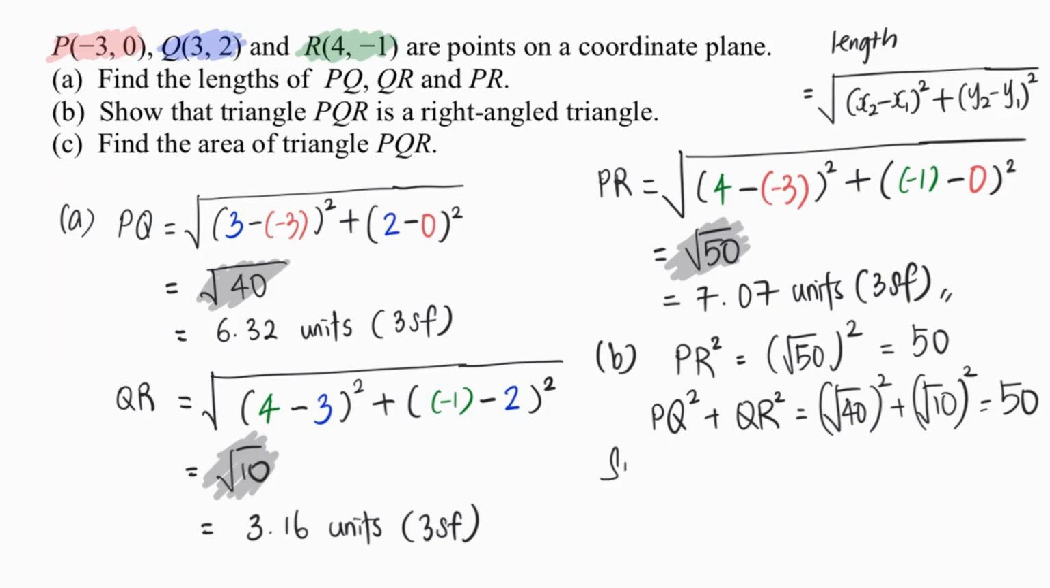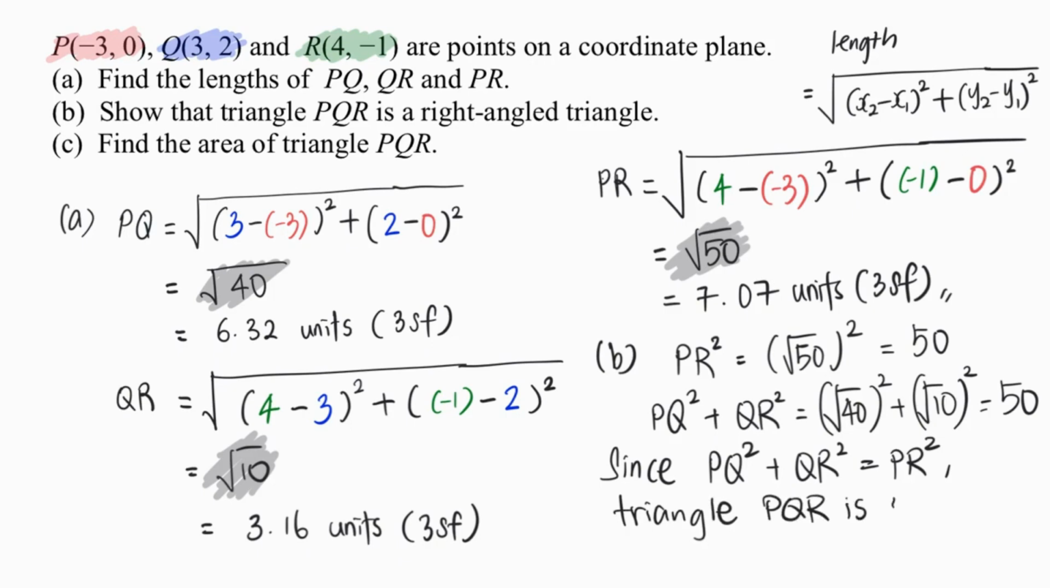And since PQ square plus QR square is equals to PR square, by the converse of Pythagoras theorem, triangle PQR is a right angle triangle. And once I know that this is a right angle triangle with PR as the longest side, I would then